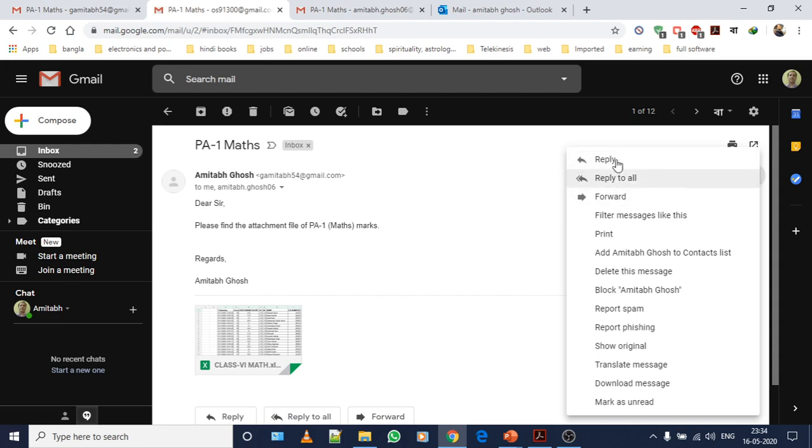The difference between these two is when you click on reply, it will reply to the person who sent you the mail. That means in this case, GAmita54 sent you a mail. So if you click on reply, you are going to reply to this particular ID.